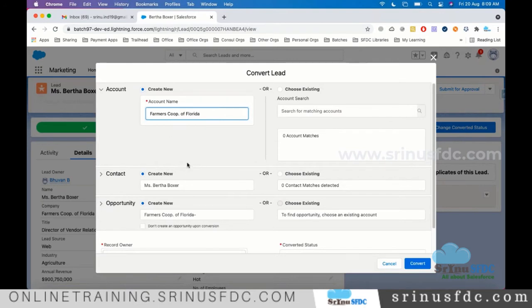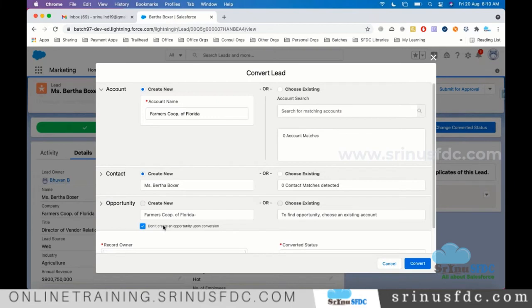Also, out of these three, creating the opportunity is optional. While converting the lead, let's say the client doesn't want to generate the opportunity, you can check this checkbox so that when you convert the lead, it will create only the account and the contact. And that is one of the points.